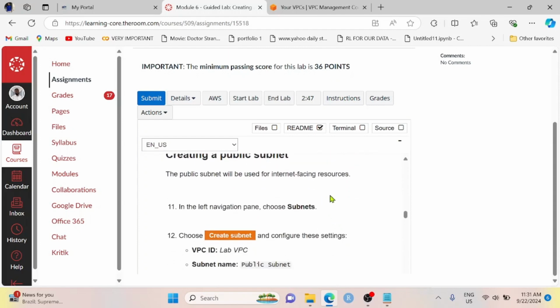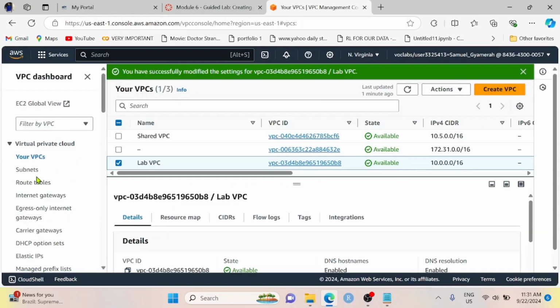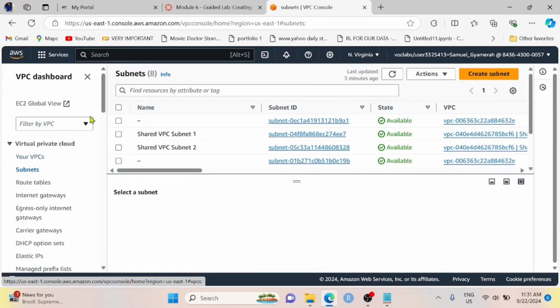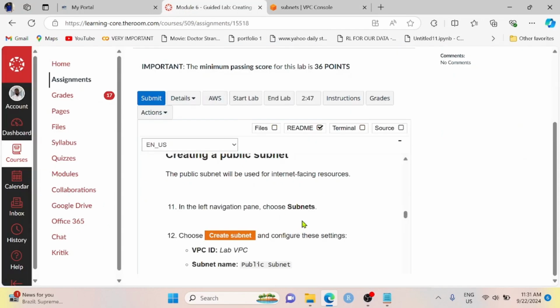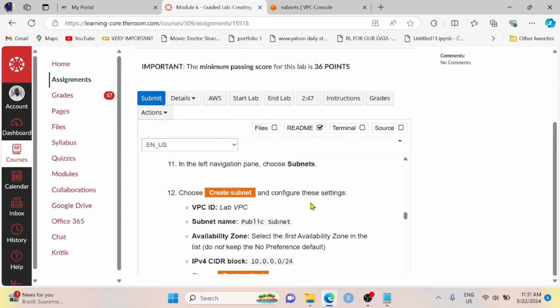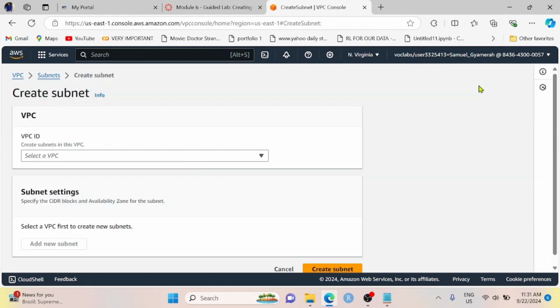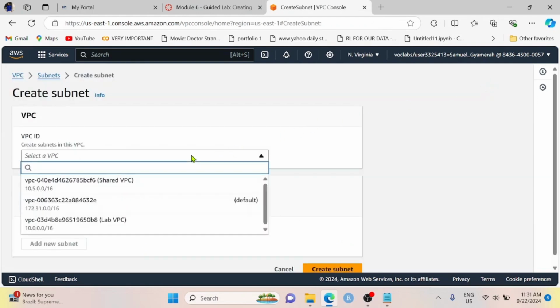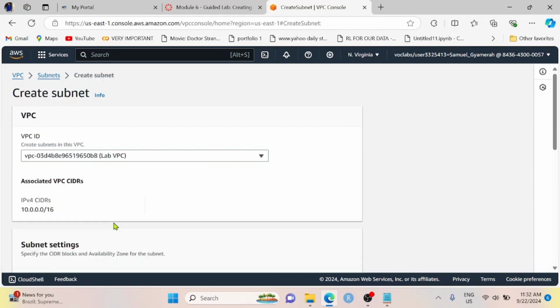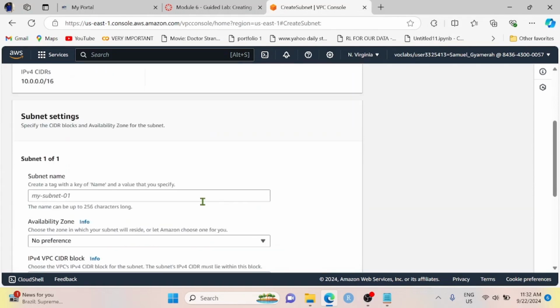So to create the subnet, in the left navigation pane, choose subnet. Then choose create subnet and configure this section. The VPC ID is lab VPC and the subnet name is public subnet. So let's just copy it. We are asked to go to create subnet, and the VPC ID is lab VPC, and then the